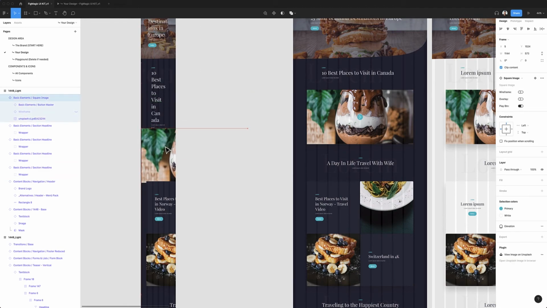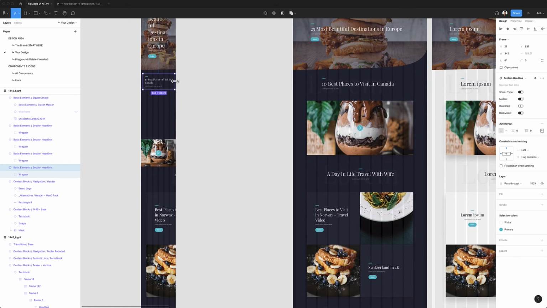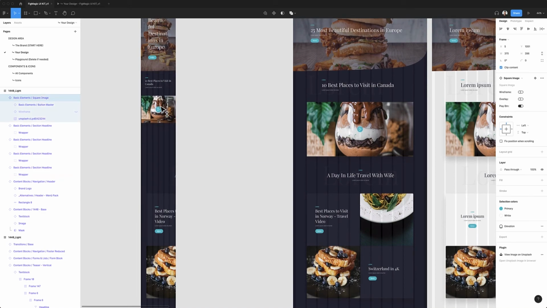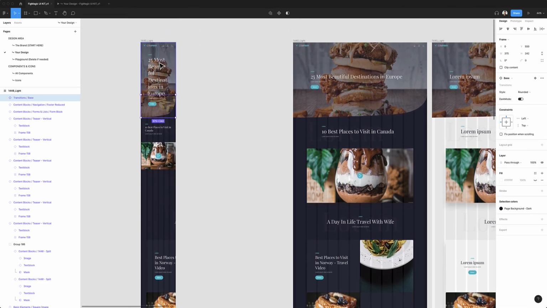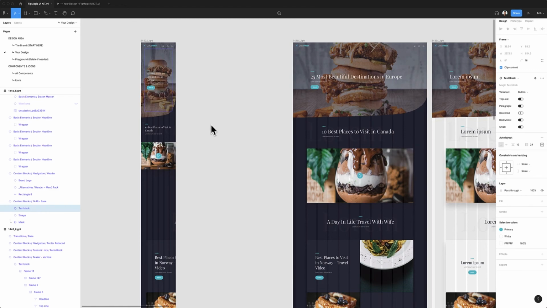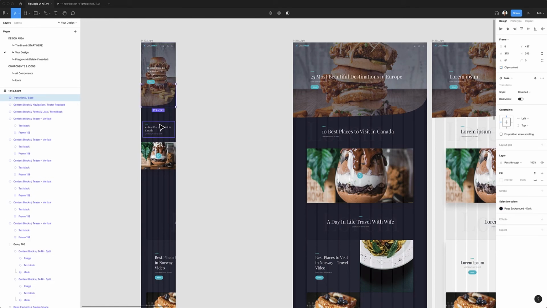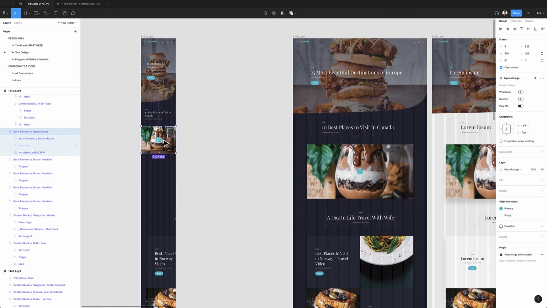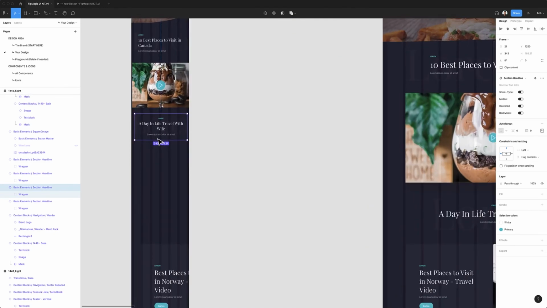Then we have this one here. Yeah, let's directly change this to mobile. Then we have the video here, also this element here, then the text block. Maybe we go for the small version of it and scale it a little bit down. So we have this one here. Then we take this headline, also set it to mobile, and scale it